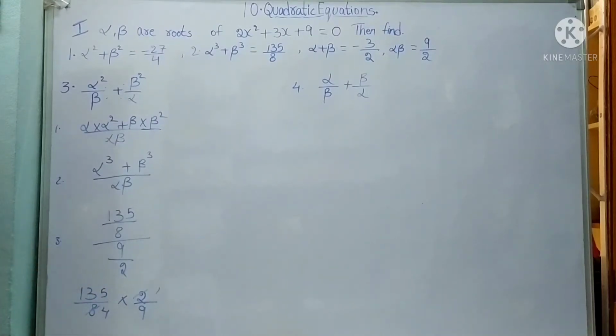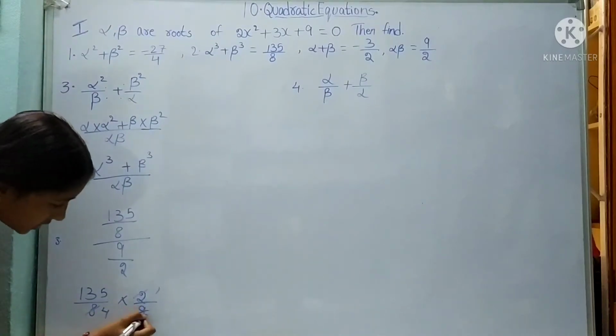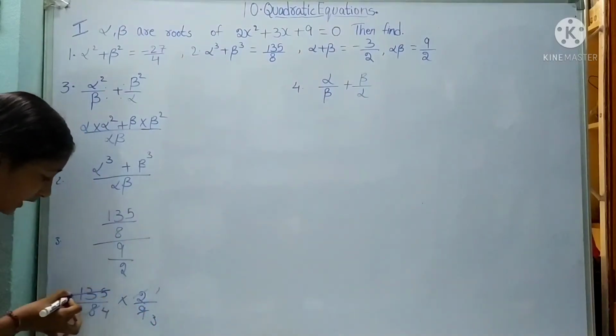So see here, 135 goes in the 3 table. What is the divisibility rule of 3? Sum of the digits. So add 1 plus 3, 4 plus 5, 9. So 3 in 3 table, 9 is there. So we can write, 3 will go in 135. We can cancel. So 3 3s are 9 and